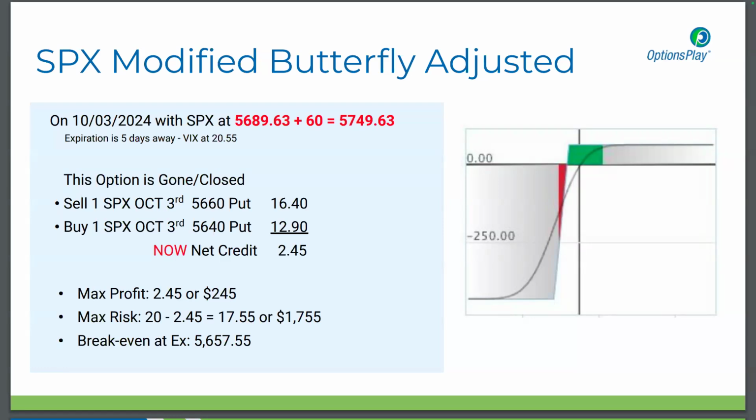So Alex asks about the zero DTE butterflies. If you're going to do a zero DTE at the money butterfly, when is the best time to do it in the SPX? Around 11 a.m. Eastern time, noon Eastern time, that last half of the day, man, you get a lot of time decay in the SPX. But also be prepared because if you're wrong, it's going to go against you really fast too, right? So yeah, it's yin and yang.